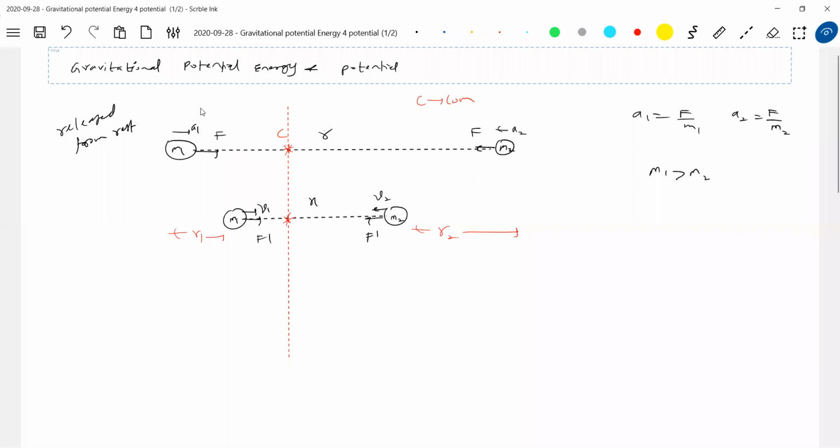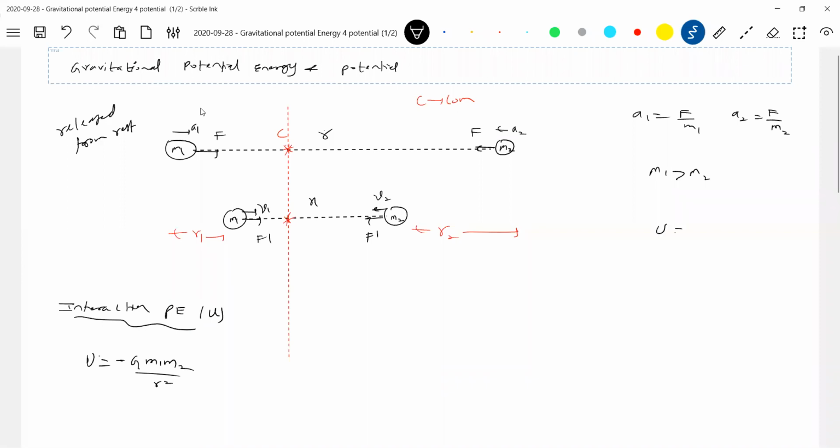So what is that interaction potential energy? In short, I'll write it by U, and it is given by minus G M1 M2 by R. What do you mean by the negative sign? It means it's an attractive force. To tell you that it's an attractive force. So how can you say, sir, that there's an attractive force? I mean, this potential, from where did you bring it?